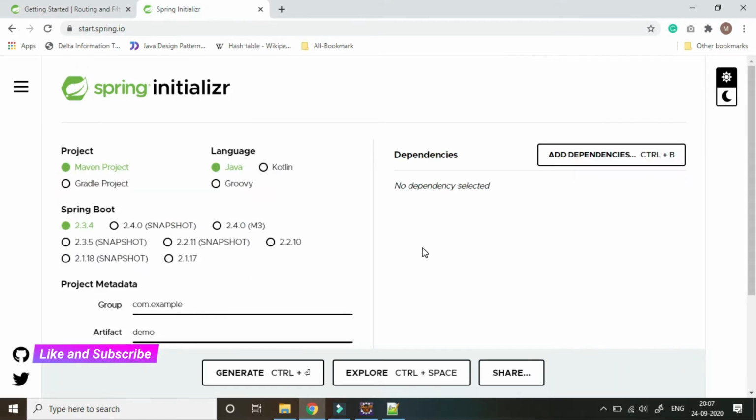So again we will use Spring Initializr. For that we have to open start.spring.io and we will create the basic structure.